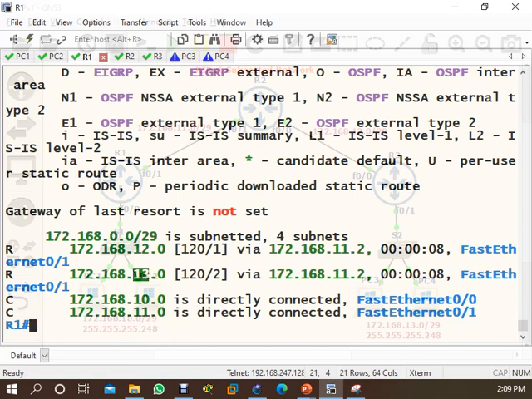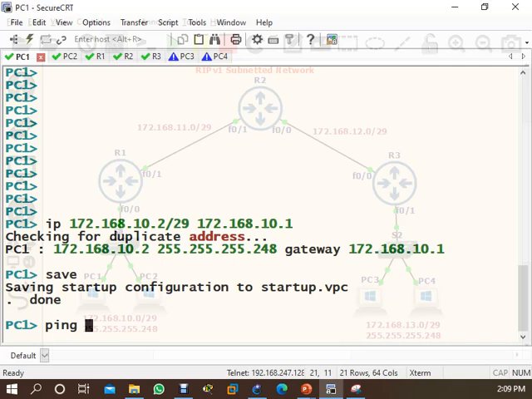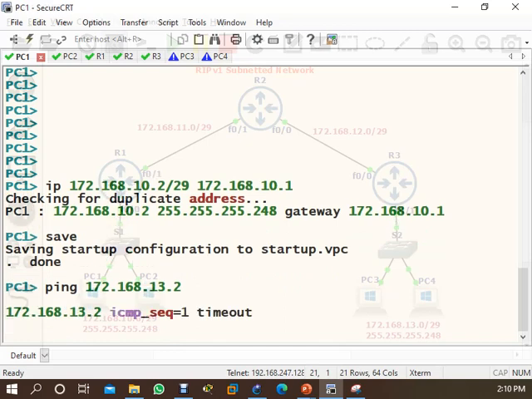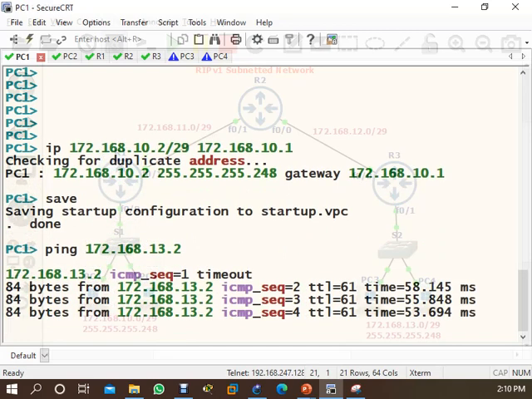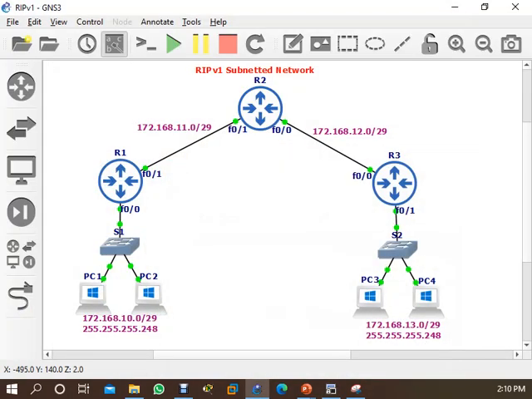Why is he not receiving it as 172.168.0.0? In RIP version 1, before this lab, we were getting 10.0.0.0, remember? Here it is like this. If you come here and see, ping 172.168.13.2, they are communicating. This is not the same network. Remember I have written 172.168, right? But earlier they were advertising as 172.168.0.0, and now they are advertising exactly what they have. Are you understanding?